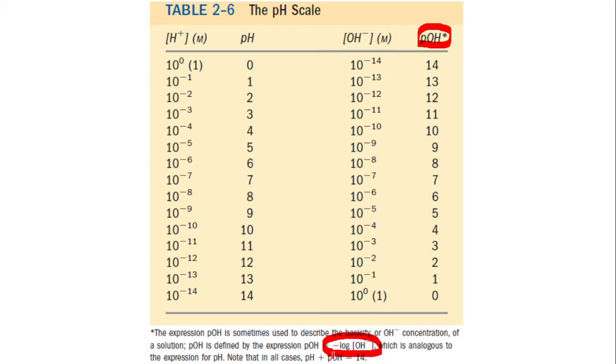And you see here, pH is 0, corresponding pOH is 14. Look here, pH is 14, corresponding pOH is 0. Look at any value, their sum total is equal to 14. See, pH is 7, pOH is 7. Or pH is 3, pOH is 11. So at any moment, the sum of pH and pOH is equal to 14. Make a note of it.